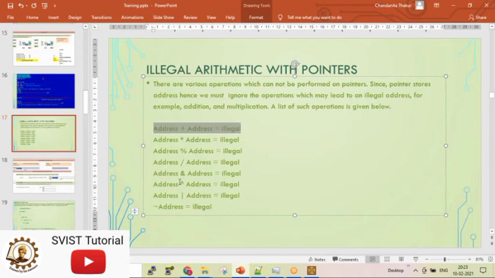It gives the difference between 2 addresses, meaning it helps you understand how many integers or characters are there in between these addresses. That will give you some count. So that is why the only operation allowed on pointer is minus. Did you understand?